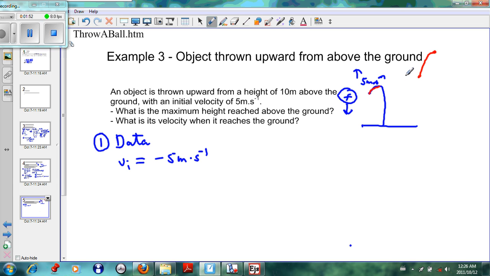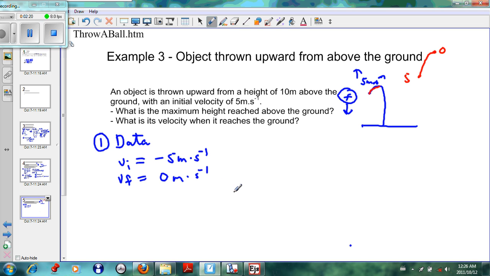So your initial velocity here is 5. And as we know, at maximum height, our velocity will be 0. So it's important that we relate our data to the right part of the motion. In this case, it's just initial to maximum height. It is not the whole motion. So your initial velocity is minus 5. Your final velocity in this case will be 0